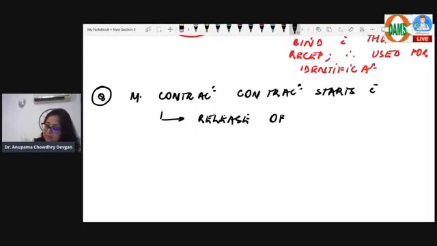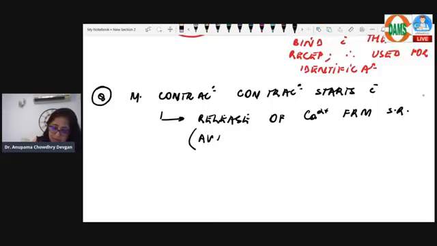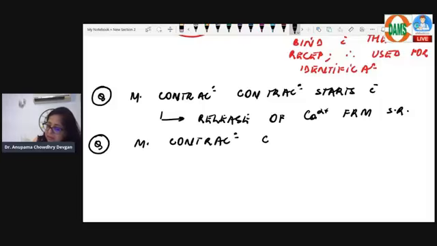All right, so muscle contraction starts with release of calcium from the sarcoplasmic reticulum, right? Muscle contraction will start with release of calcium, availability of calcium. That means with release of calcium from sarcoplasmic reticulum, that means with availability of calcium in the sarcoplasm. Right? Next important point. Muscle contraction continues till